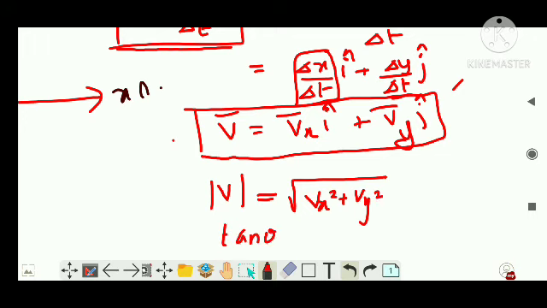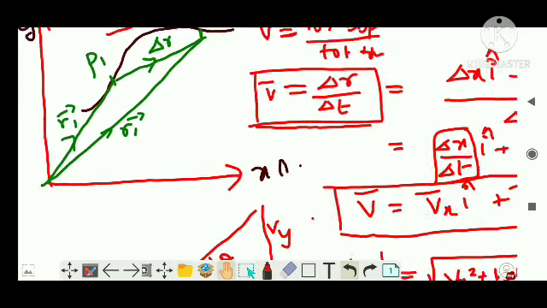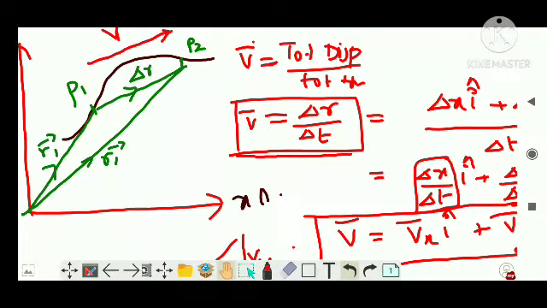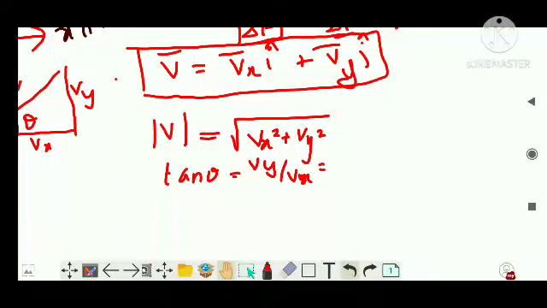Now what is the direction you are asked? So you will write tan theta is equal to Vy by Vx. See this, if you are forming a triangle like this, this is Vy, this is Vx, and this is theta. Clear? So you are asked tan theta, this is net V. So this side becomes your net average velocity. So tan theta is equal to Vy by Vx,